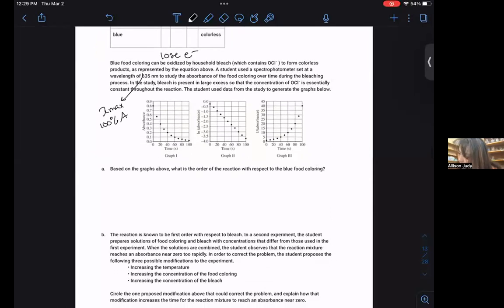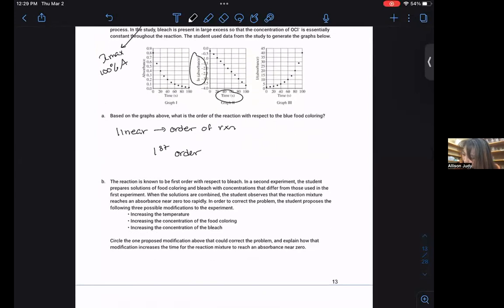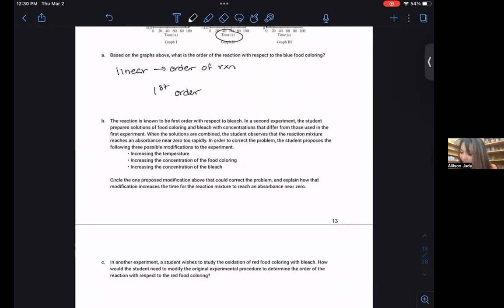Based on the graph above, what is the order of the reaction with respect to the blue food coloring? Well, we know that if you have ln versus time, and that's linear, anytime you get a linear relationship, that reveals the order. Linear tells you the order of reaction. So ln versus time being linear tells me this is a first order reaction. The reaction is known to be first order with respect to, wow, I love how they just tell you